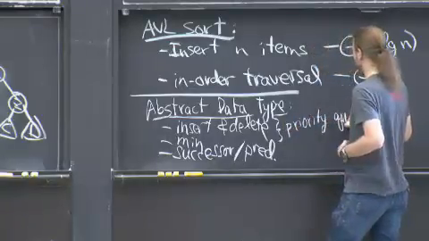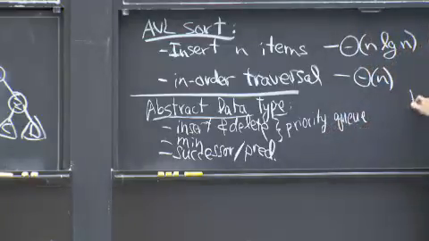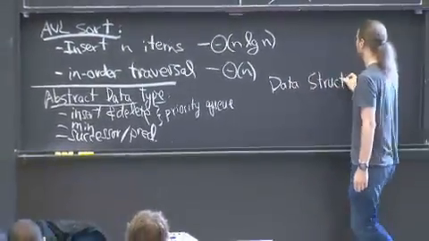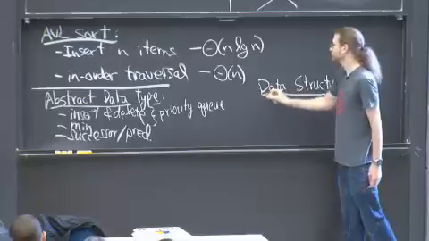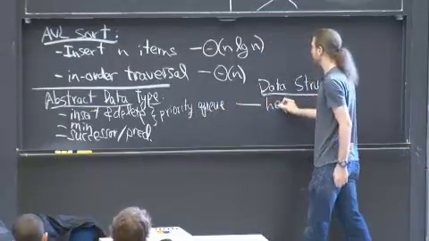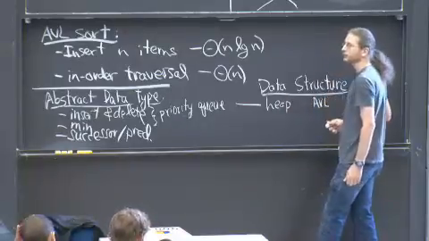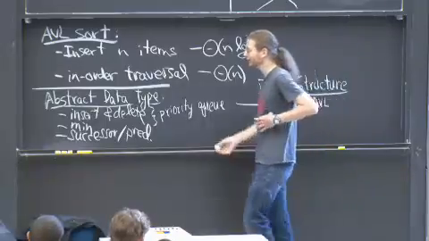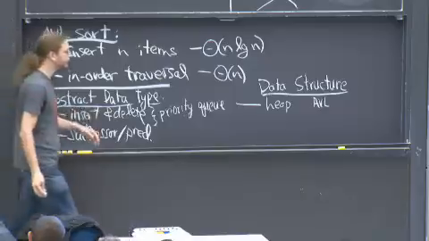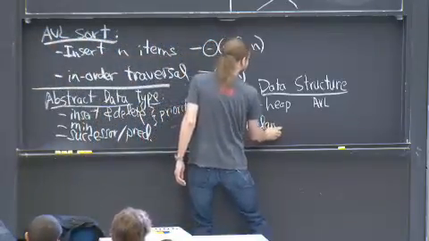And there are many priority queues. This is a generic thing that you might want to do. And then the data structure on the other side is how you actually do it. This is the analog of the algorithm. Okay, this is a specification. You want a priority queue. One way to do it is a heap. Another way to do it is an AVL tree. You could do it with a sorted array. You could do lots of suboptimal things too. But in particular, heaps get these two operations. If you want all three, you basically need a balanced binary search tree.